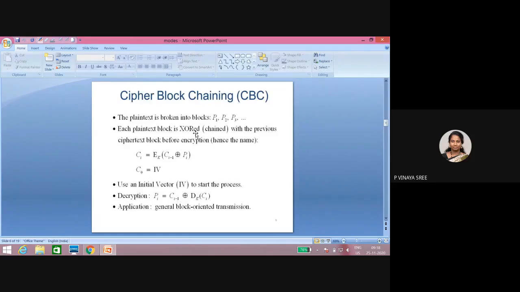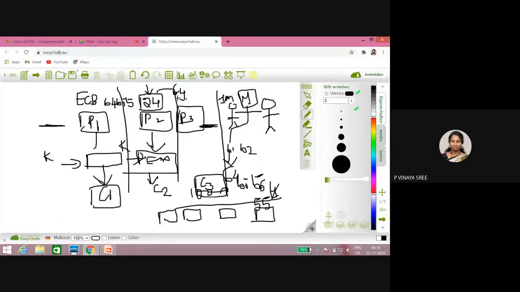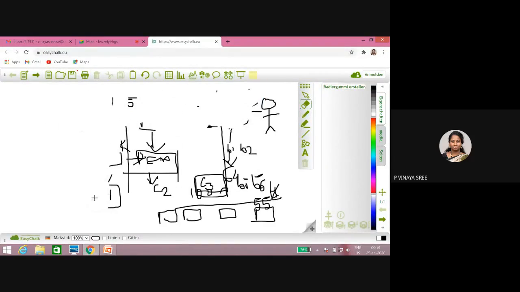Okay, so now going to cipher block chaining. If you see the diagram, you can understand. We will take a plain text same as the previous one. Try to concentrate.